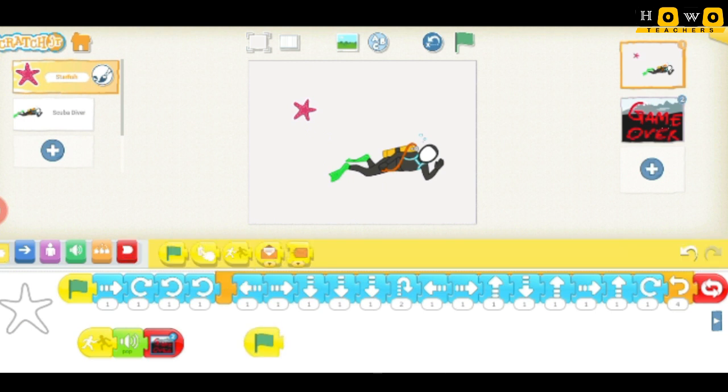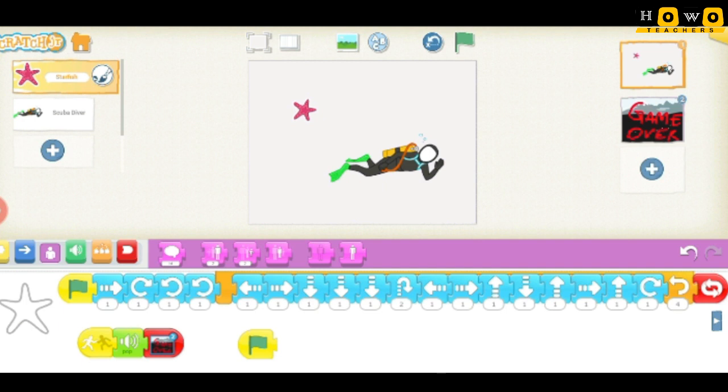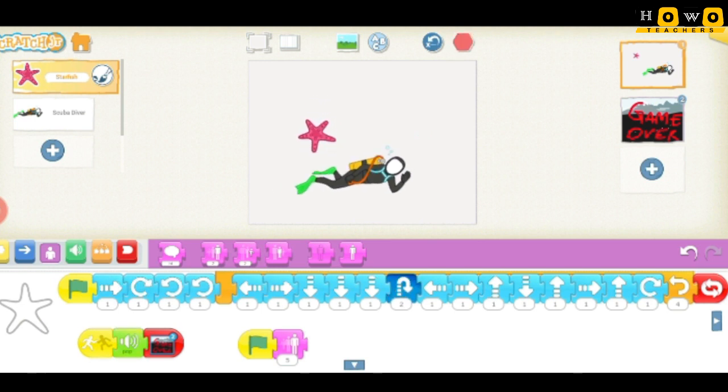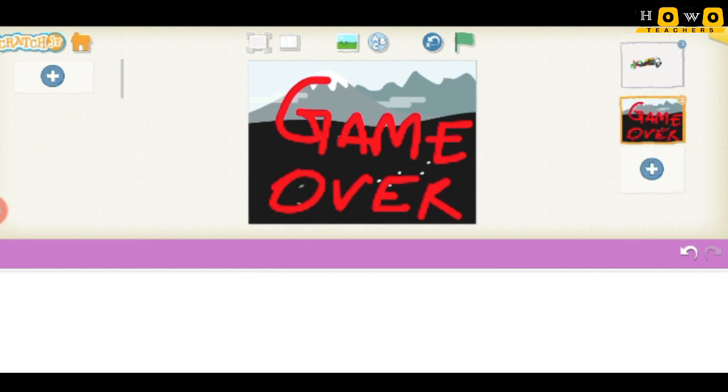You can add the green flag, and then you can say that you want the star size to be increased. So anytime you can increase the star size, you can even change the number. You can say that 5 times it should get increased. So when I play it, the star size is increased, but the game is over. So like that you can make your game.